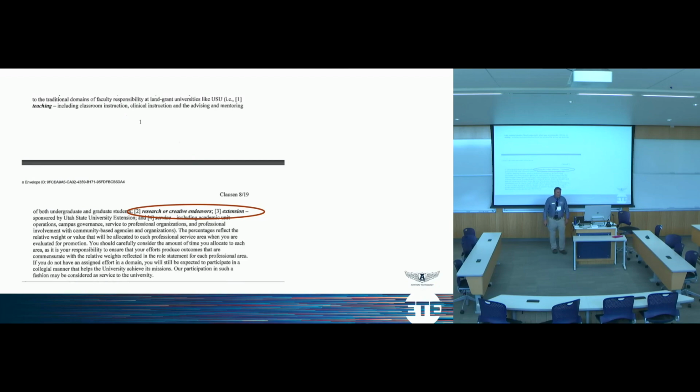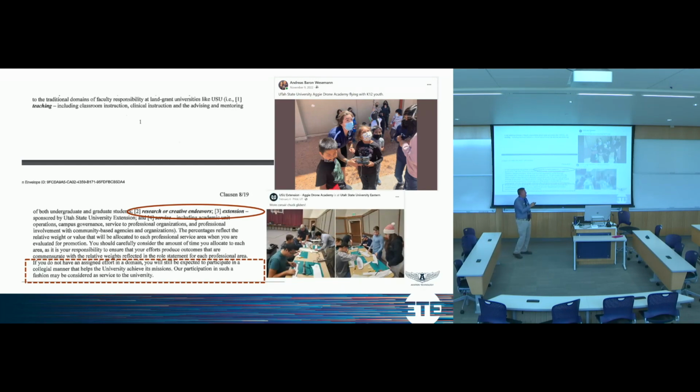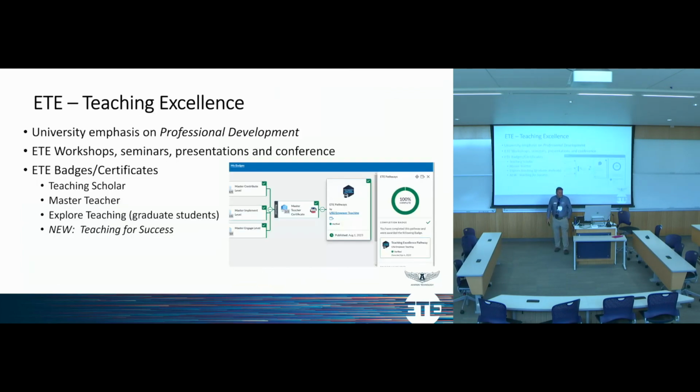Now, if you say, well, I don't have something, and you don't have an extension, which is our land grant mission, well, guess what? Even if you don't have an assigned effort land grant mission extension, you can still count that as service. So here's an example of a student that was doing an extension mission that I helped mentor. So Heather Rollins over here was doing her senior project as part of an extension. So she went out there to the communities. This is us with the grant of the Navajo Mission. This is going out to 4-H camps where they're building chuck gliders, and this is when we're out there flying outside. So she is out there in the communities. This was community-based learning, one of the most powerful examples.